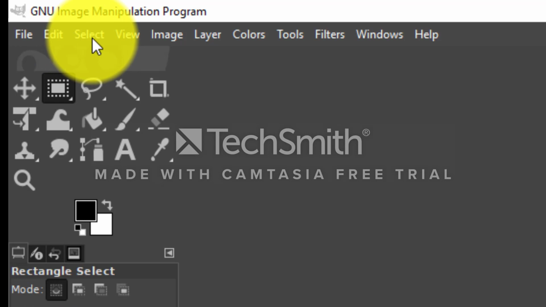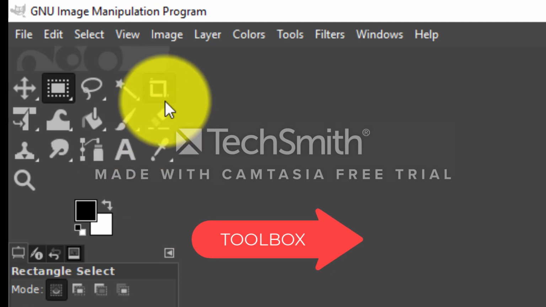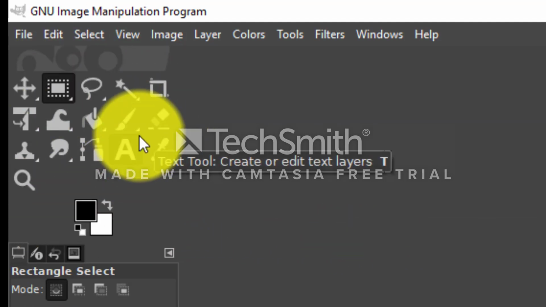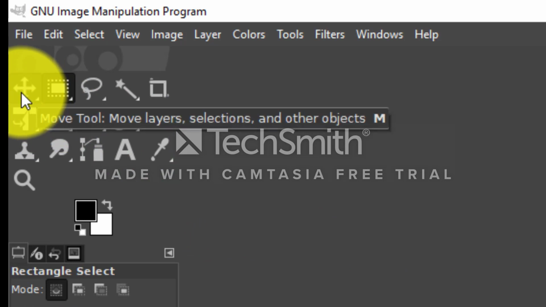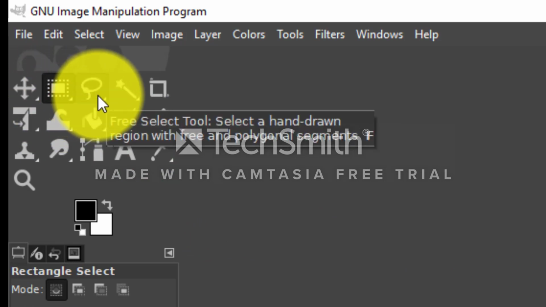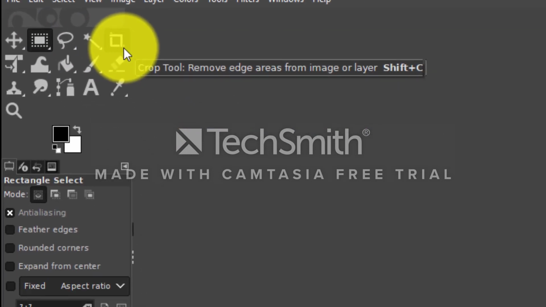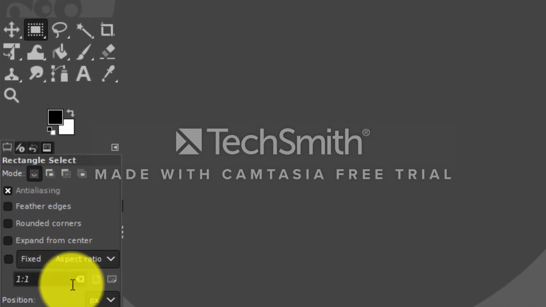The third component is the Toolbox. It has a collection of tools for selecting, creating, and manipulating images. The next component is Tool Options.